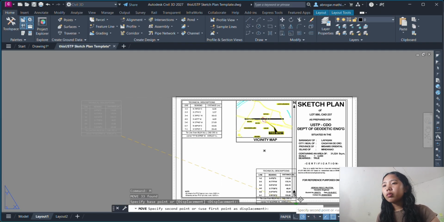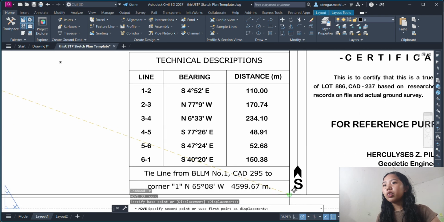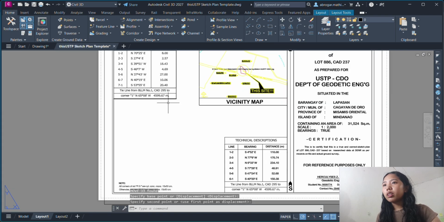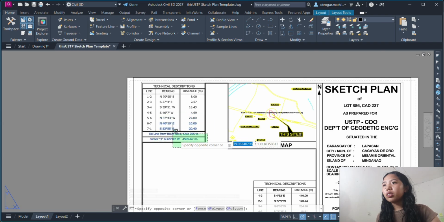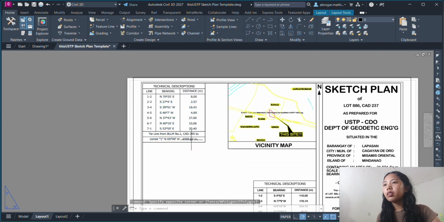Erase. Then after that, we can double click so we can see the illustration, plotted area.